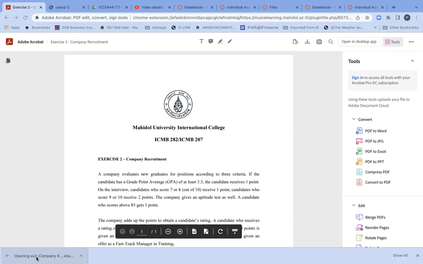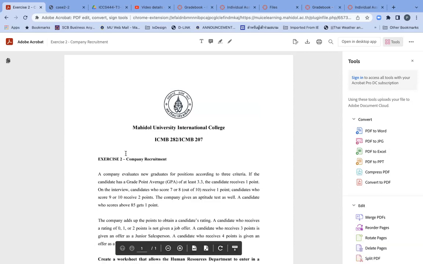Of the applicants we have to use the IF function as well in this one. For the next exercise, exercise number 3, Wood Bridge Furniture,